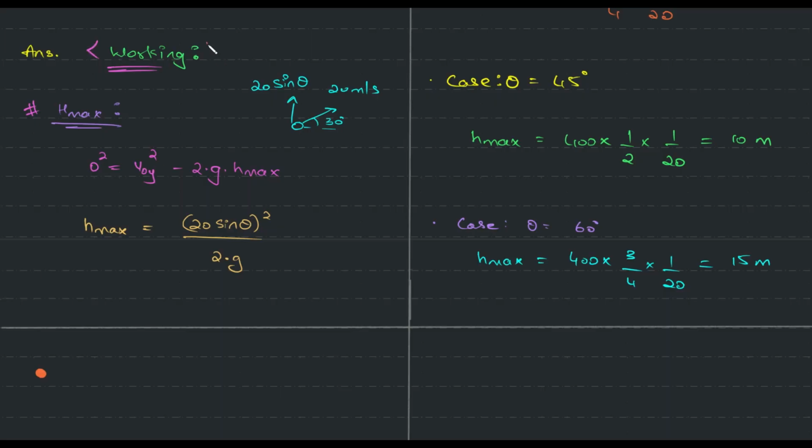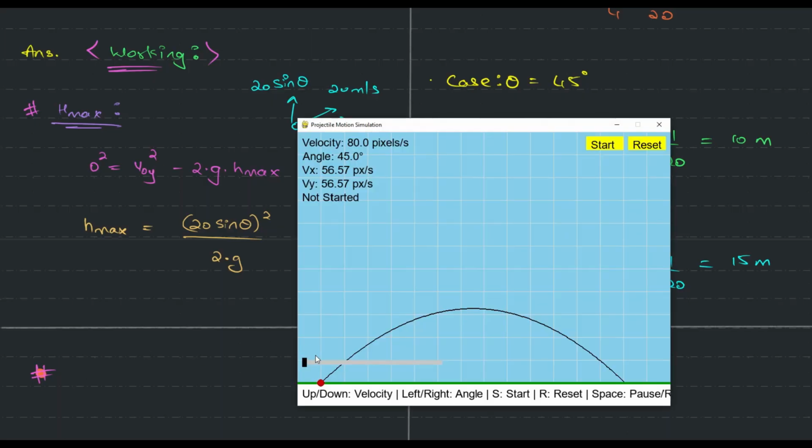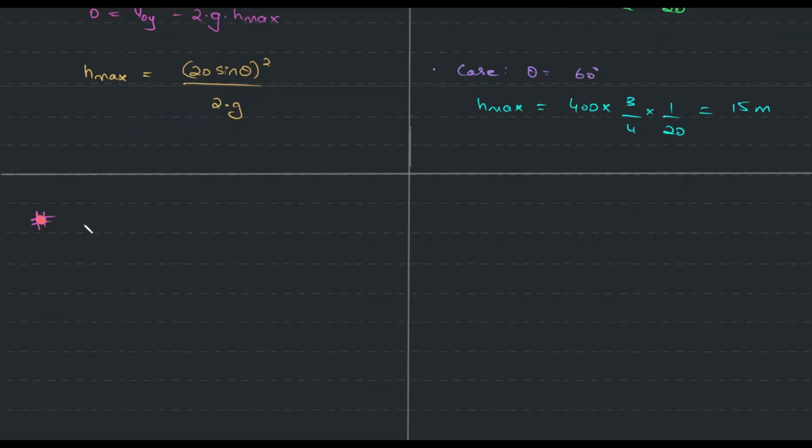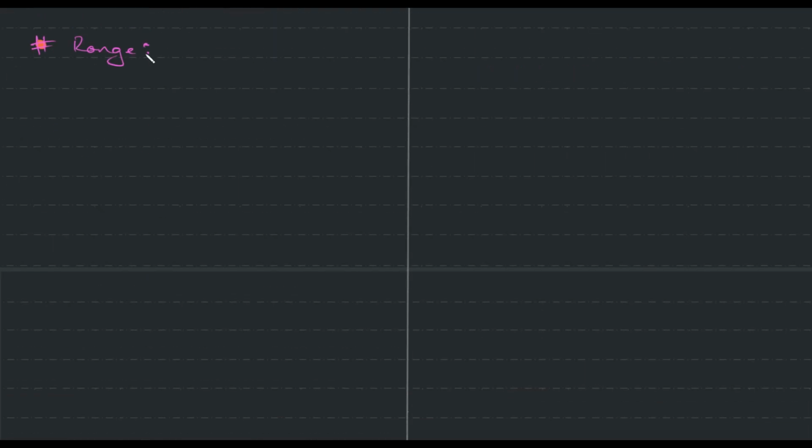Then we have the next thing. What do we need to draw? Roughly to draw, not exactly. Roughly it would be the range, the horizontal distance basically. So what is the formula? Honestly, I don't remember the formula. But I know it is to do with R is to do with V naught x into the total time of journey. And to figure out total time of journey, what can I use? I can use